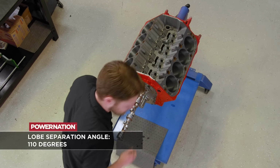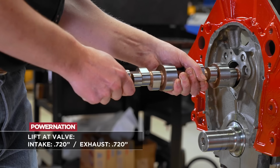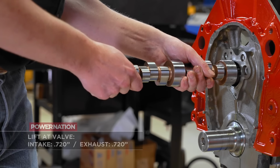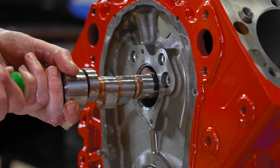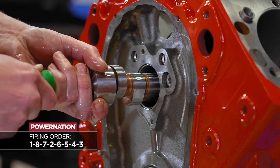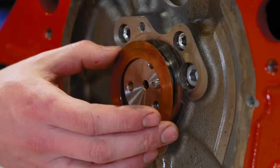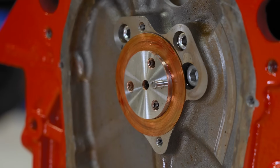The lobes are set on a 110-degree lobe separation angle, and the lift at the valve with our rockers is 720 thousandths on both. We also had it ground with an LS firing order, so now it is 18726543. To reinstall the Jessel belt drive, the rear thrust washer shim goes over the cam face, and then the